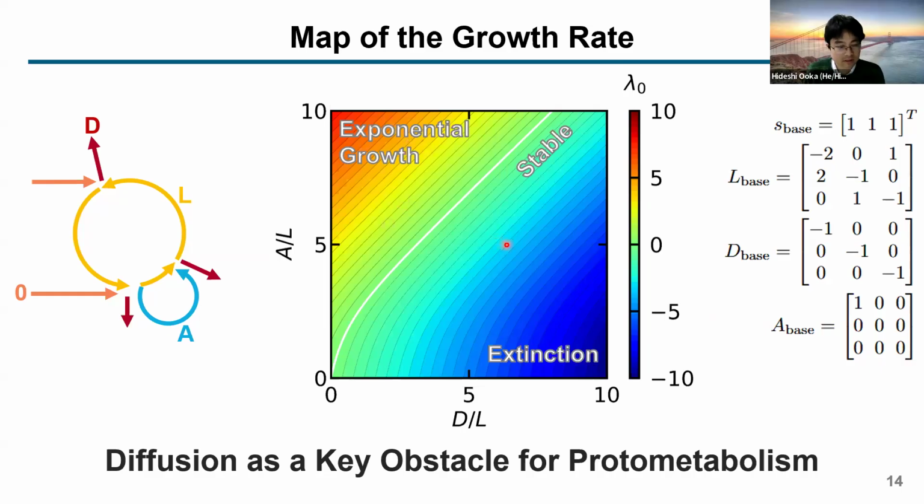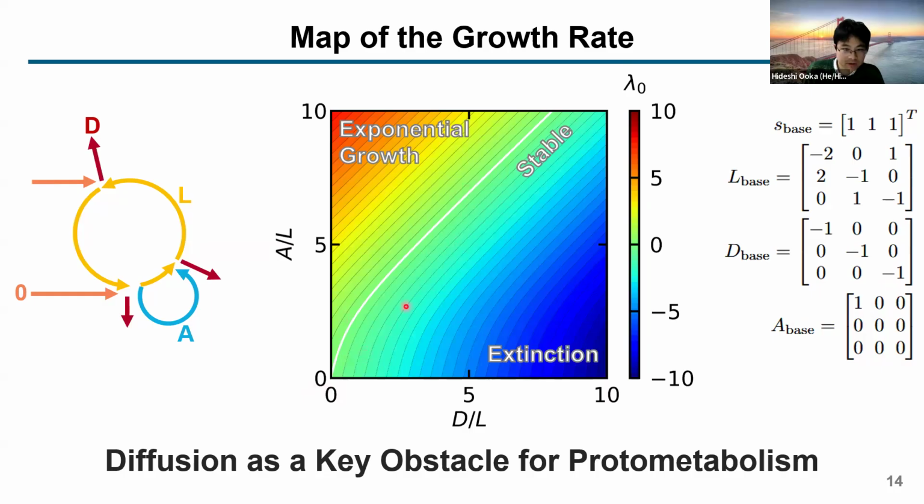What I think is interesting to share about this, and this is just based on intuition, is that autocatalysis is not common compared to diffusion, at least. All of the chemical species can diffuse away, but autocatalysis requires a very specific mechanism. If you ask a chemist, please generate an autocatalytic network, it's not easy. So in this case, I put all of the chemical species as having the possibility to diffuse away, but only one of the species as having the possibility to be autocatalytic. And because of this imbalance,